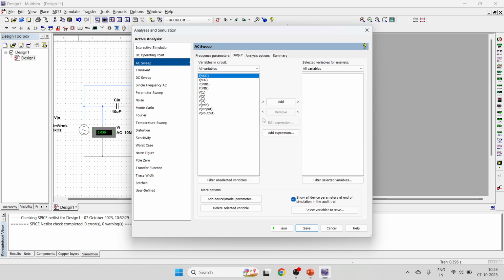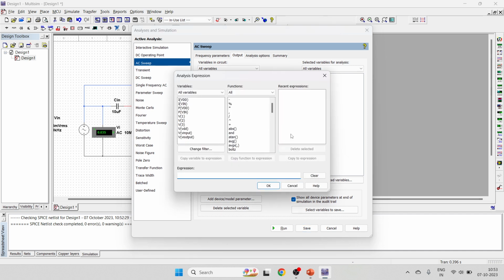In the output, we have to add the gain equation here, and therefore click on add expression. In add expression, the gain is the ratio of output voltage divided by input voltage. So in the variables, you can find the last option is V output. Double click on this, divided by